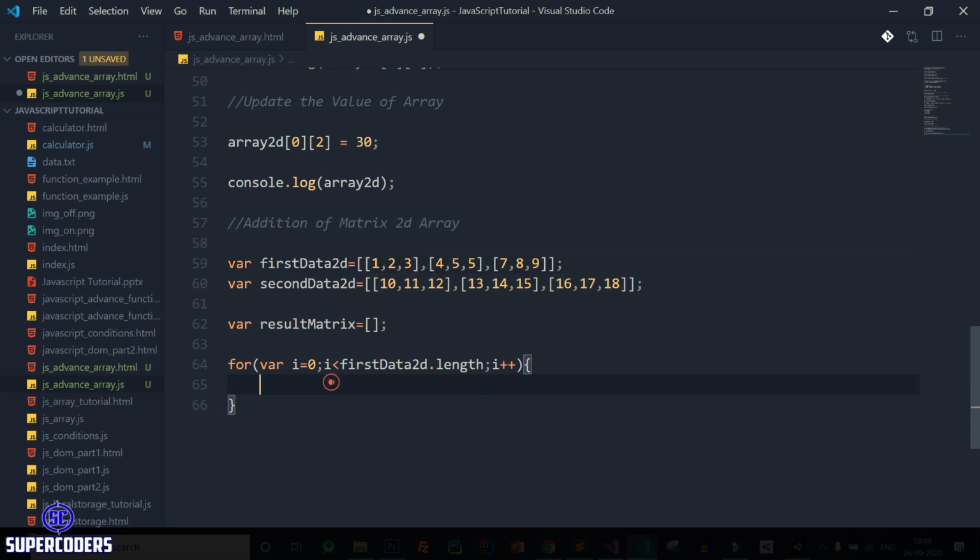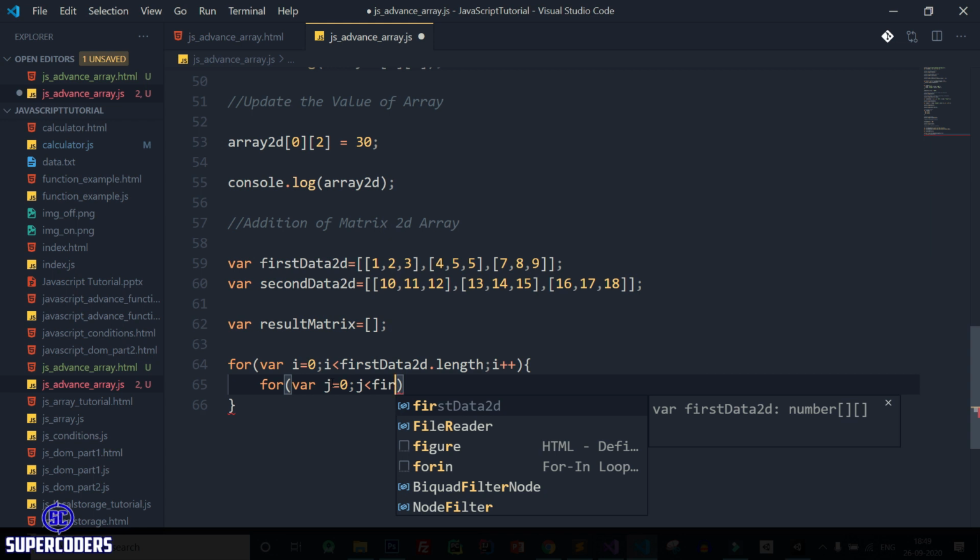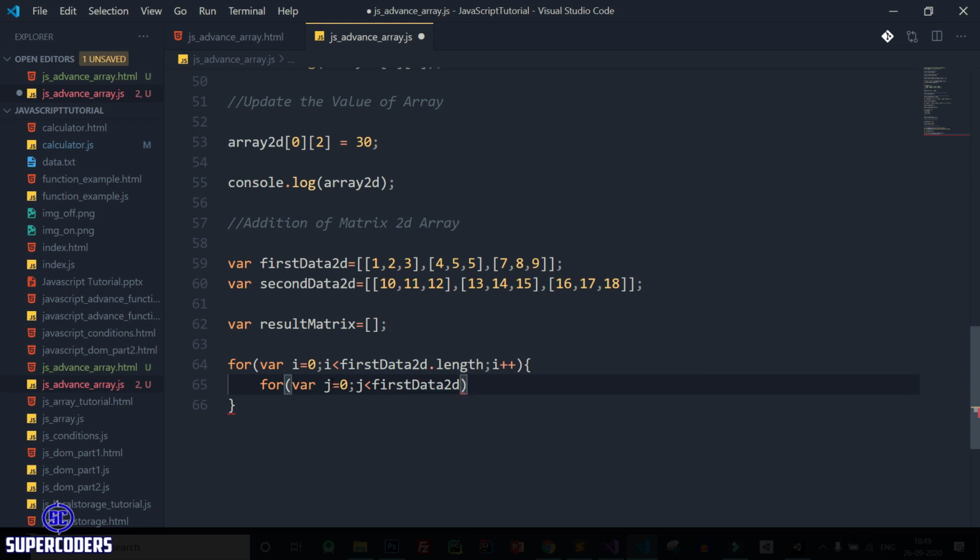So we need to create another loop: for j equal to 0, j is smaller than first data 2D i dot length, j plus plus. Here i means accessing this item or this item, so that's why I'm passing the i. Now we need to do our calculation here.